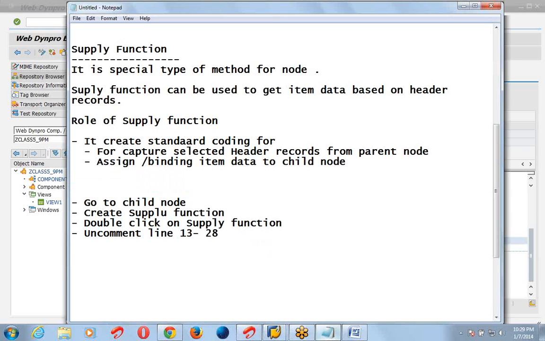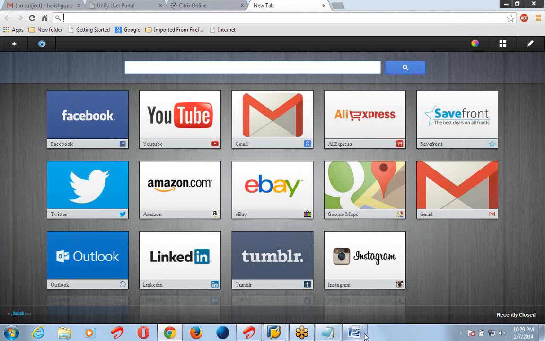Have you got it? These four steps we have to implement.